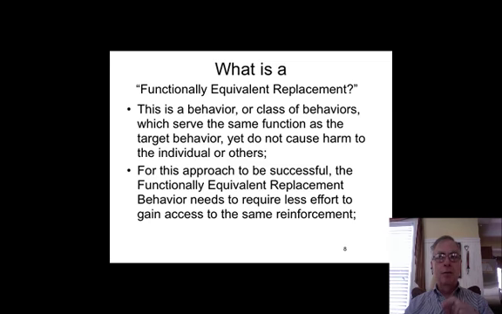That is, the schedule of reinforcement is denser, the ease of the response is easier, so I'm going to choose to engage in that behavior at a much higher rate than I'm going to choose to engage in that one,